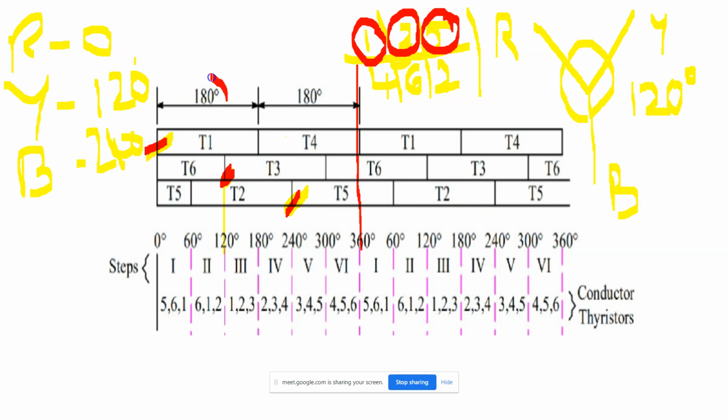Since the thyristor is conducting for 180 degrees, I have given one slot. The remaining for 360 degrees is 180 degrees only, so the remaining we are filling with the lower leg thyristor. First I have filled T1, which is over. The remaining 180 degrees I am writing as T4. So T4, the second slot, I have finished. Then in the second phase